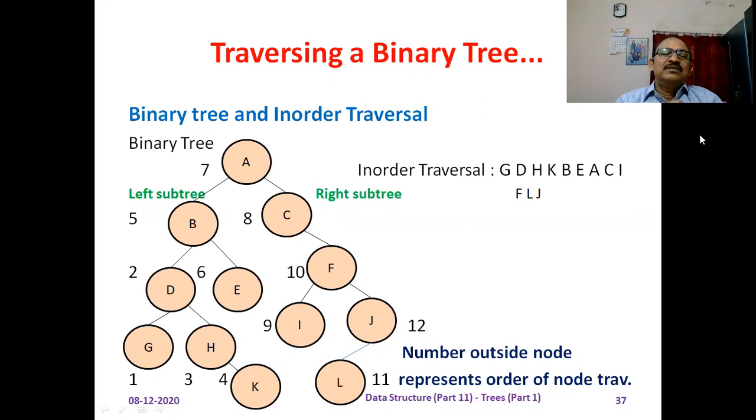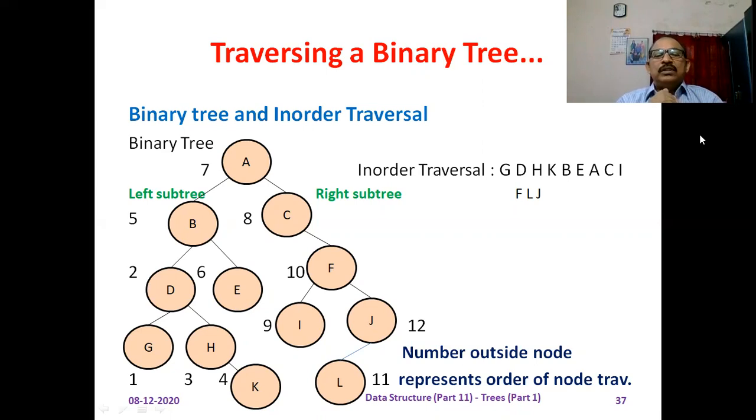Next, the right subtree of A. At this time, root is C. And what is the left subtree of this C? You can say null. Okay, means suspended activity, processing of root C, means C is printed on the screen. Next, control goes to the right subtree of C. F is the root node.